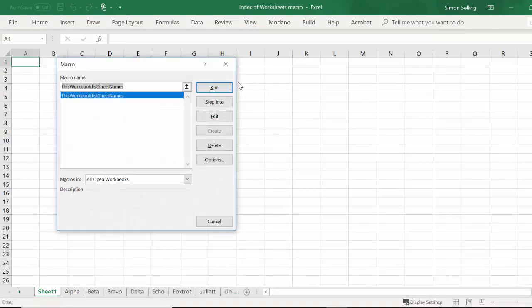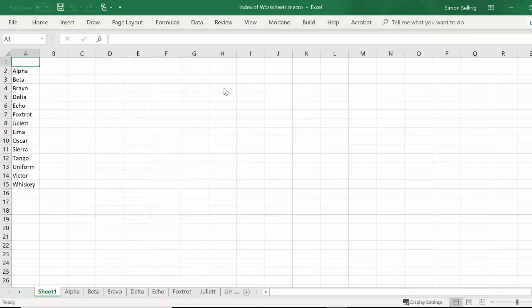Let's run the macro which creates the list of all worksheet names, both visible and hidden, in the active workbook.